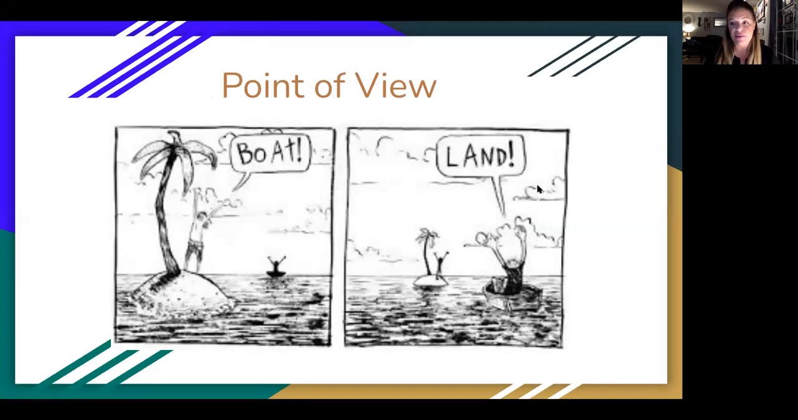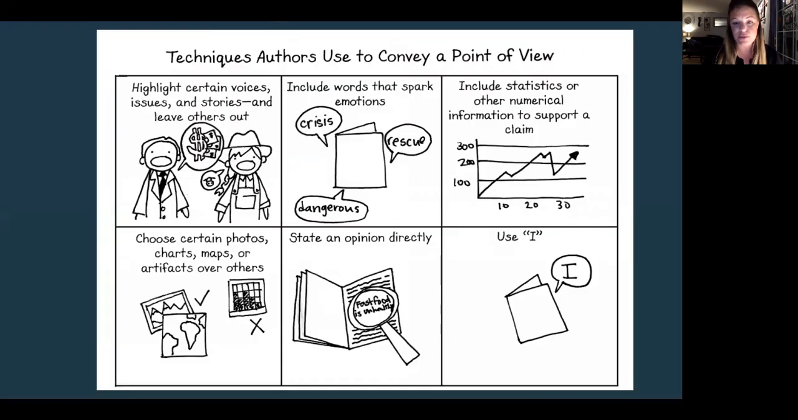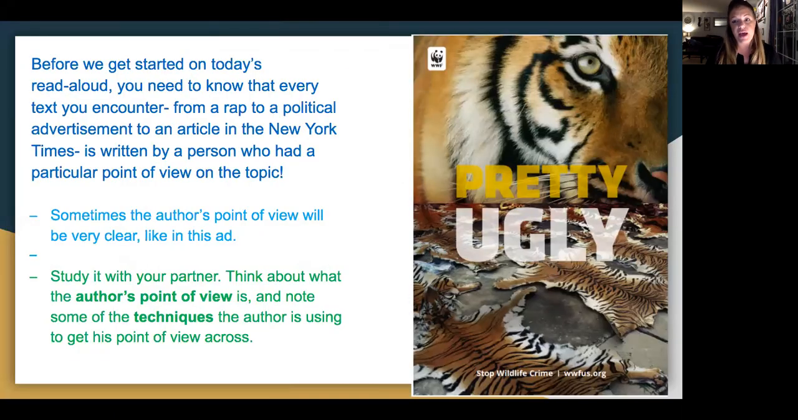Okay, so our second slide here is an image. So I would ask students to do a think, pair, share, talking about what they think point of view means in terms of this picture. And after a few minutes, I would ask students to share, of course. Here we go. So this is part of the direct instruction, this slide, and this is very explicit in